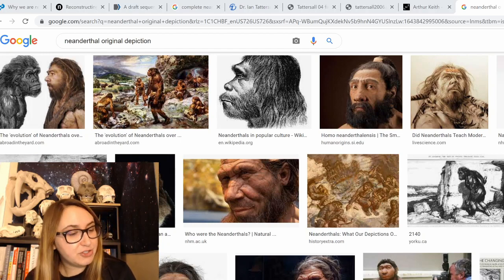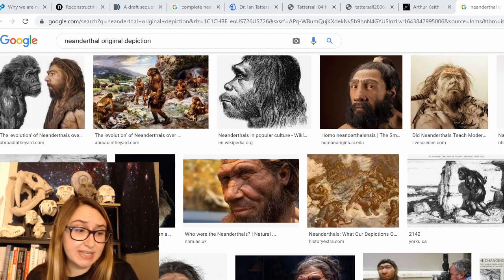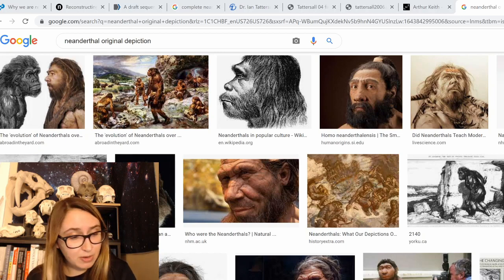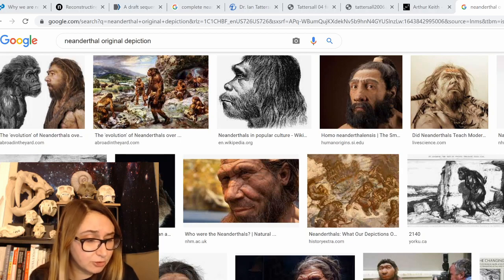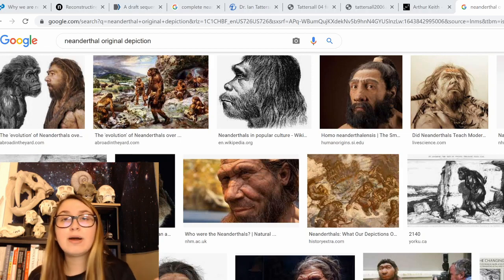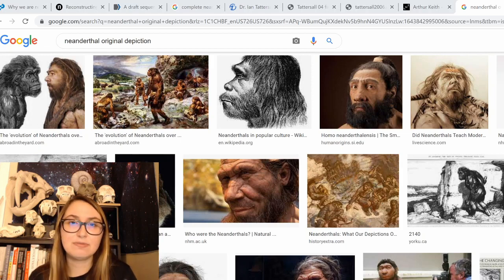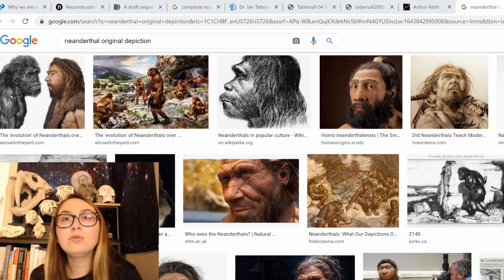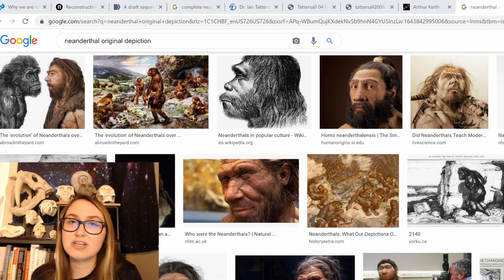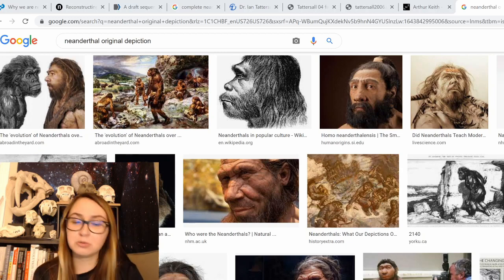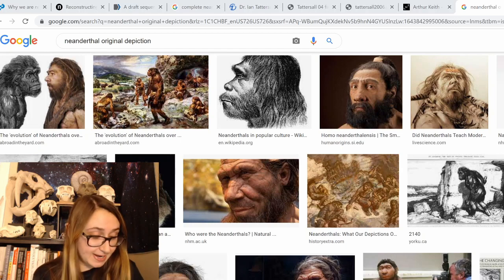Okay, Neanderthal features seen in modern humans. Human individuals living today display classic Neanderthal features. If the same traits can be found in modern humans as well as early modern Homo sapiens populations, then there's no rational basis for continuing to treat Neanderthals as a separate species. I don't know why they're arguing this. They've already made the case that they're going to use the biological species concept. Now it seems that they're saying not only are Neanderthals human in the sense that they're Homo sapiens because of the biological species concept and interbreeding, but also because their morphologies aren't distinct enough. We are going to talk a lot about this right now.